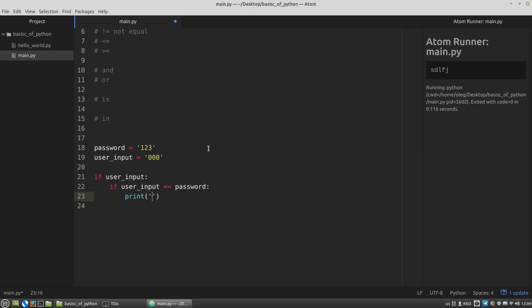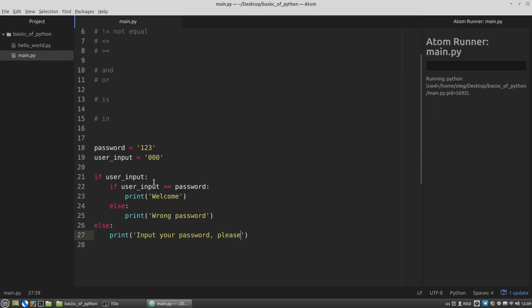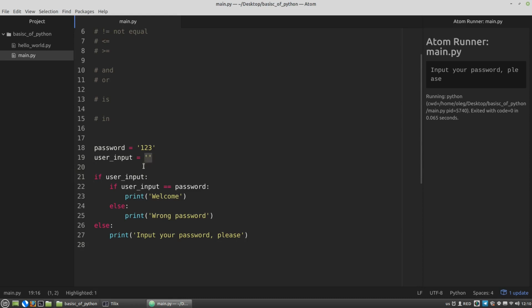If it's true, welcome message, else wrong password message. And else for this, if there is no user input, enter password. But if I pass here an empty string, I will get input your password please, because empty strings